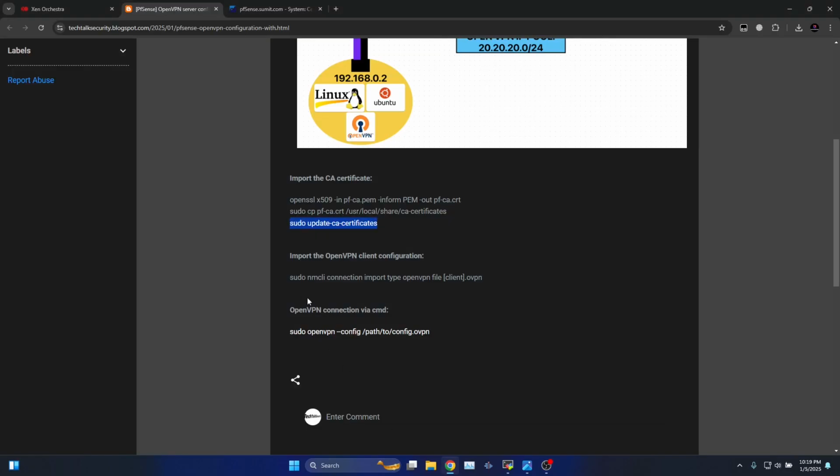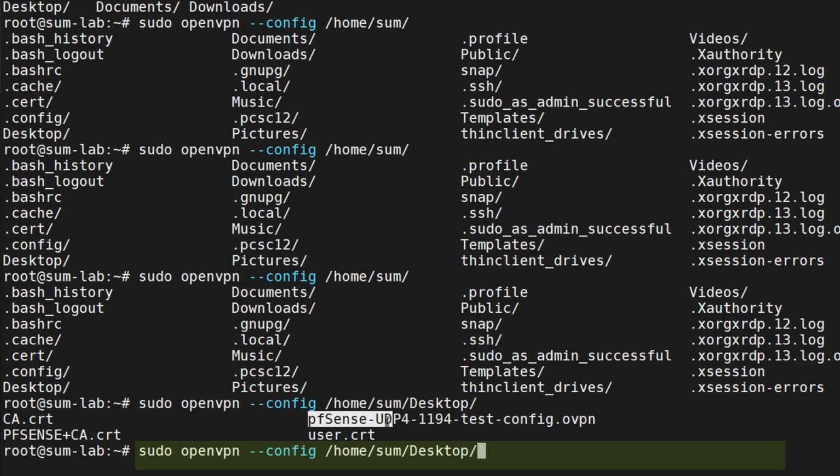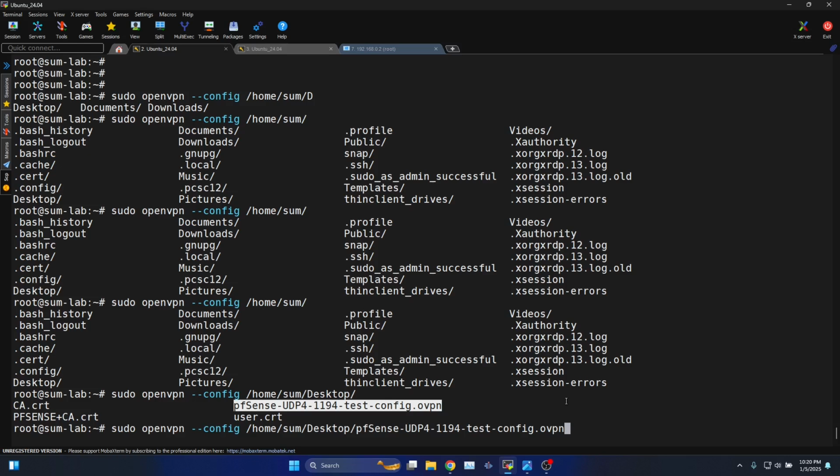After that, you can use the CLI to connect to the OpenVPN server using the command sudo openvpn --config, and then you can specify the path to the configuration file. This is the file name. And then you can click enter. That will connect to the OpenVPN server, which is the pfSense firewall. Before that, let me try to show you the